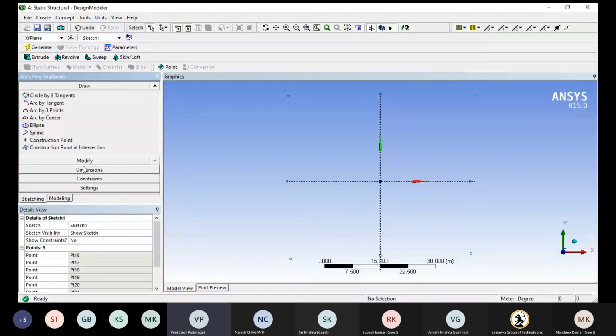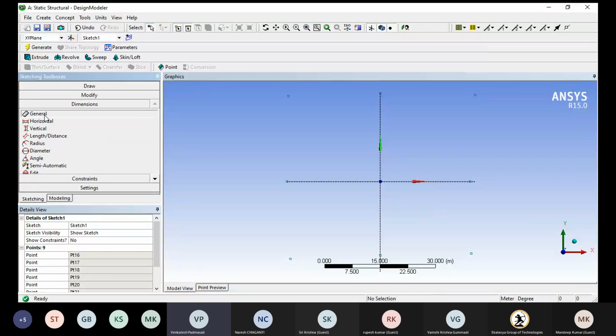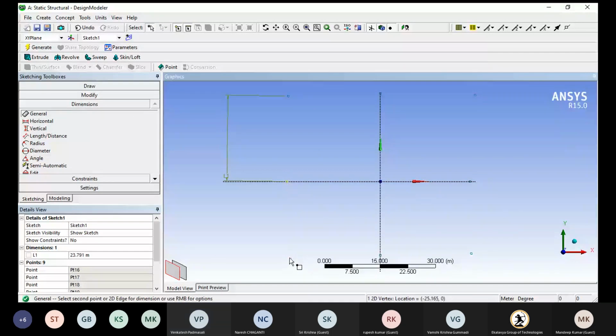Everywhere I'm going to provide some general dimensions, from here to here, from here to here, from here to here, here to here.